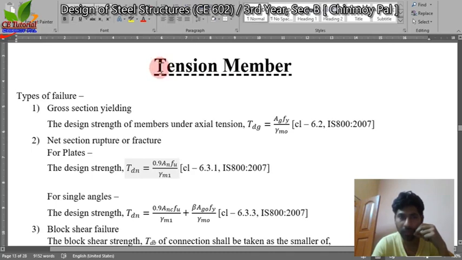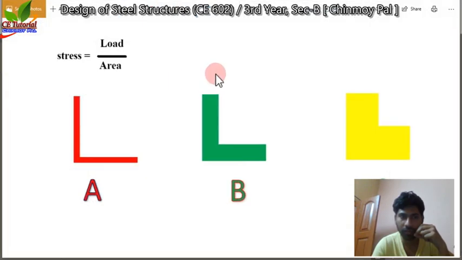Okay. So, first of all, think about it. Why do I have to design a member before construction? Let us try to understand with a simple picture. Suppose we have a tension member, we need to construct this member practically. So, if we do not calculate what should be the area of this section,